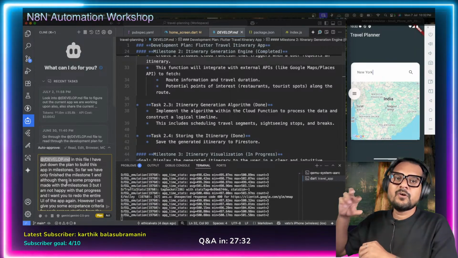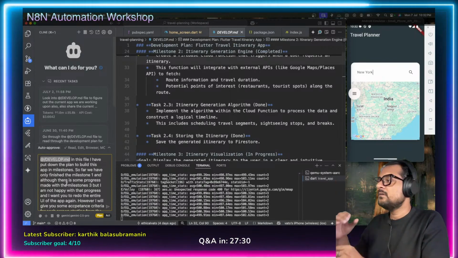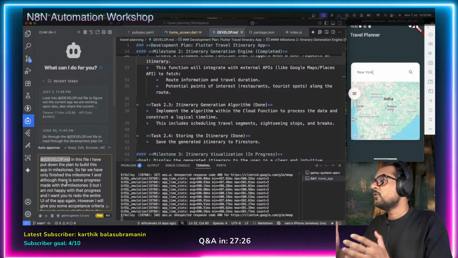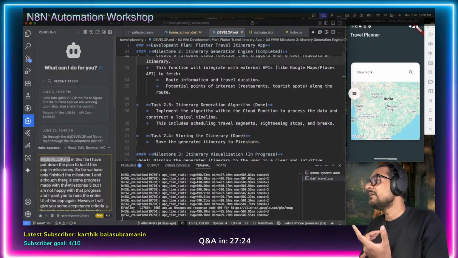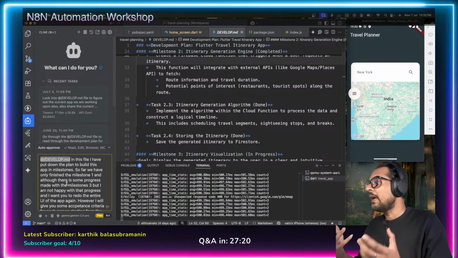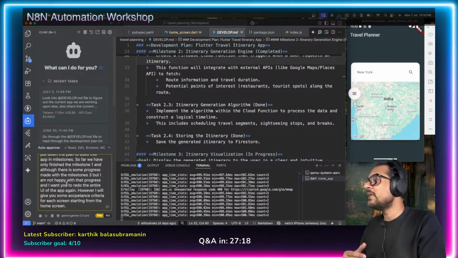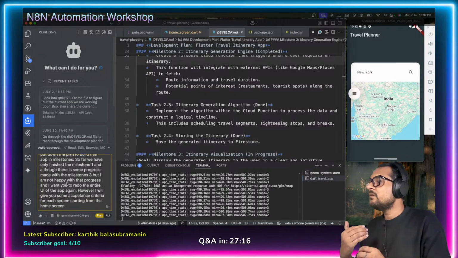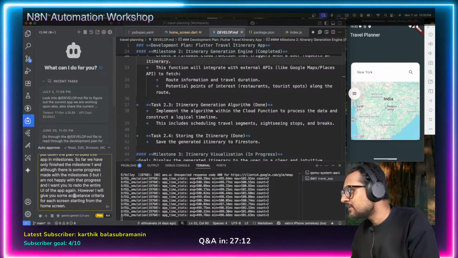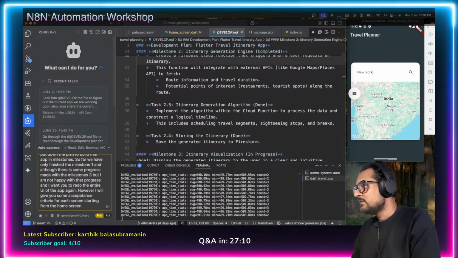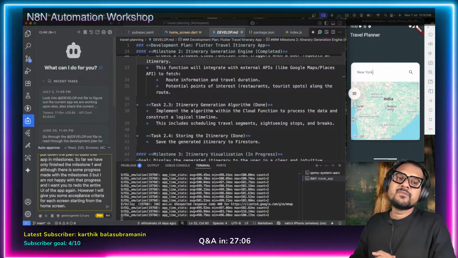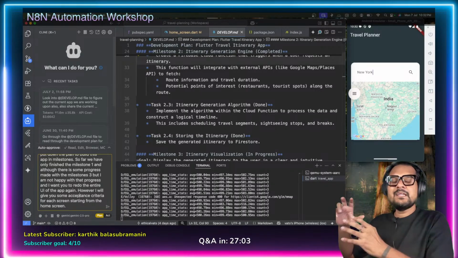Develop.md is the reference file, the development plan file, right? In this file, I have put down the plan to build this app in milestones. So far, we have only finished milestone 1, and although there is some progress made with milestone 3, I'm not happy with that progress, and I want you to redo the entire UI of the app again. However, I'll give you some acceptance criteria for each screen, and my spelling of acceptance is wrong here, so that's completely okay. For each screen starting from the home screen, right? So that is my initial